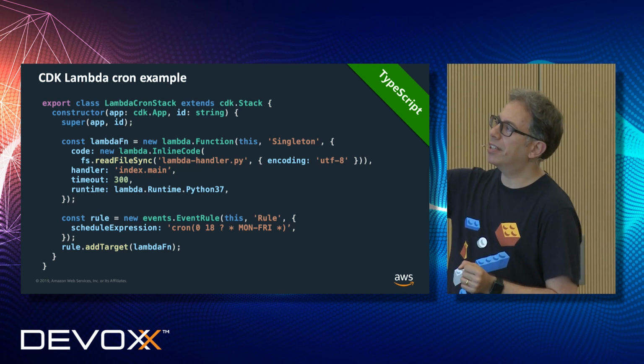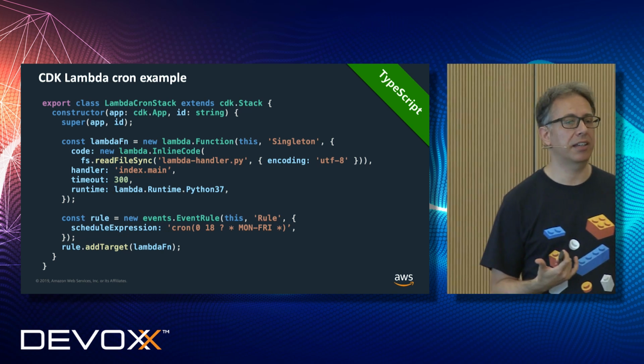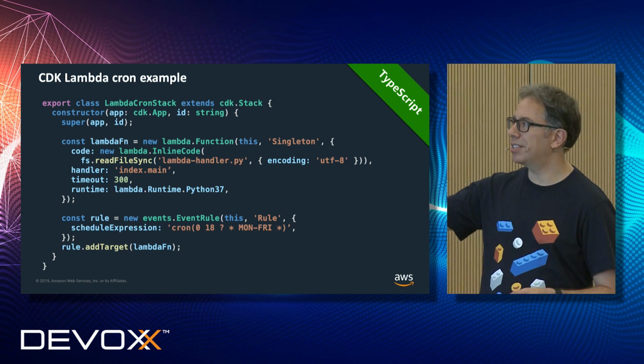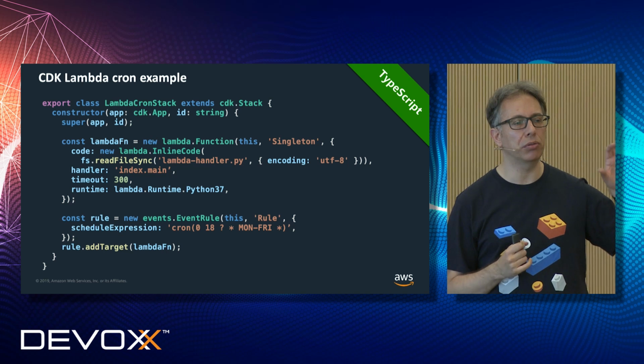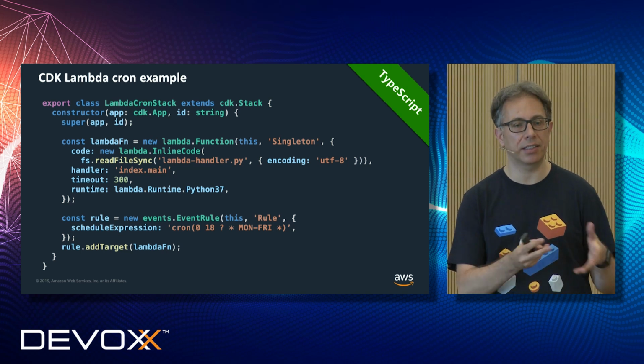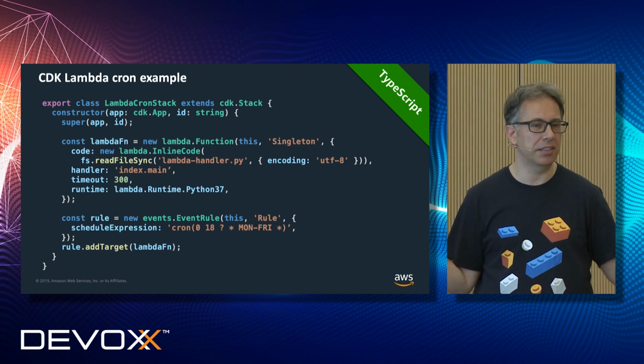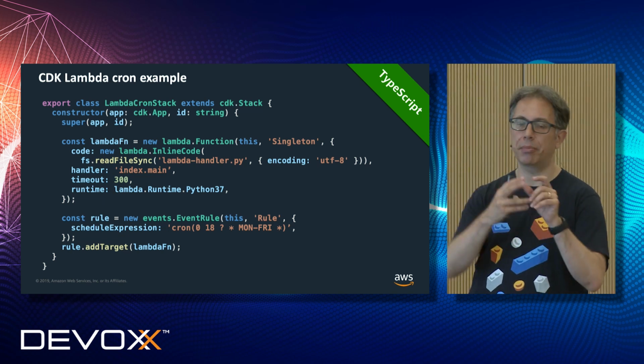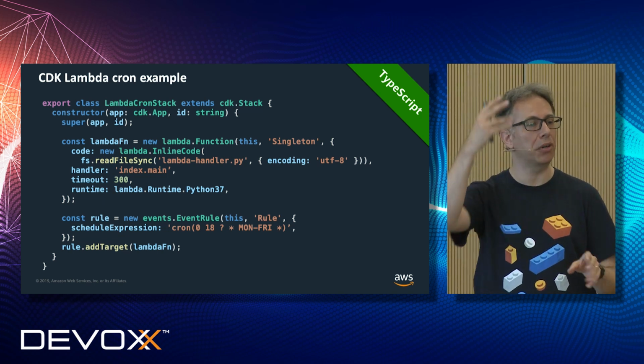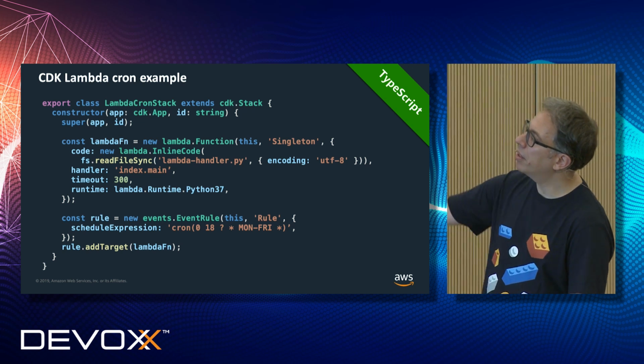If you want to play with CDK, use an IDE like Visual Studio Code, because what is really cool with this approach compared to normal YAML files is that auto-completion from the IDE is super useful. You create a Lambda function and you immediately see all the options that you have inside the Lambda function.